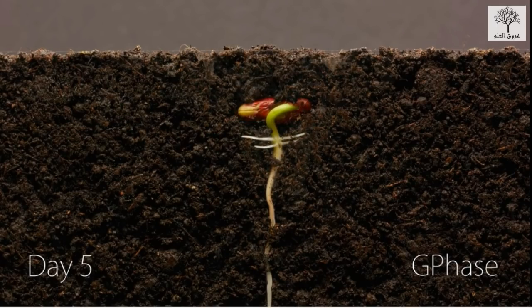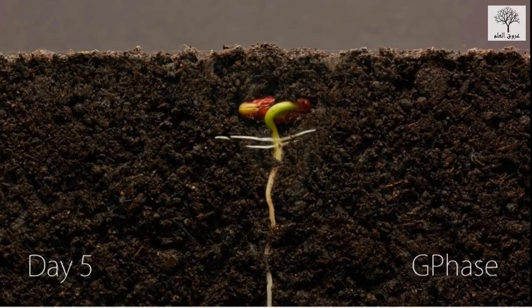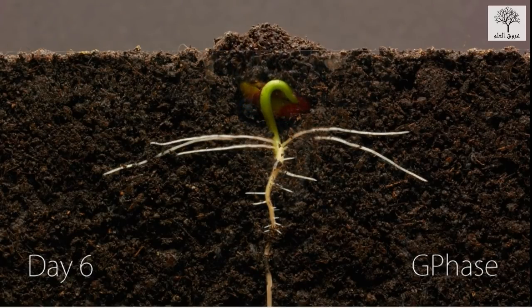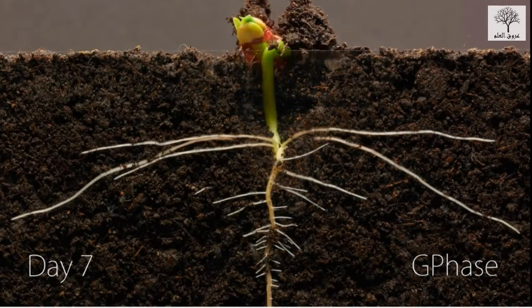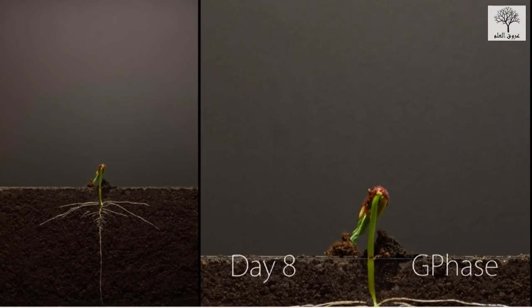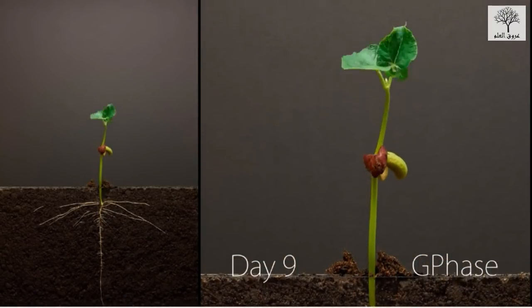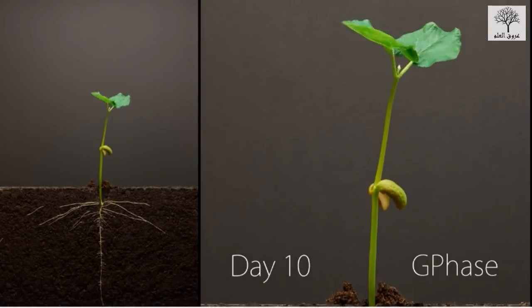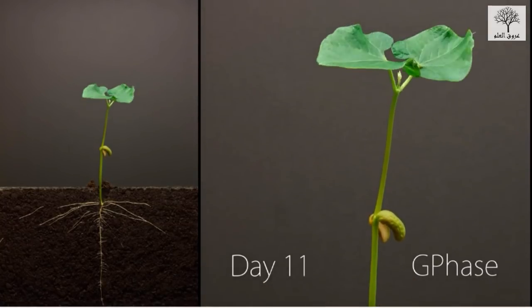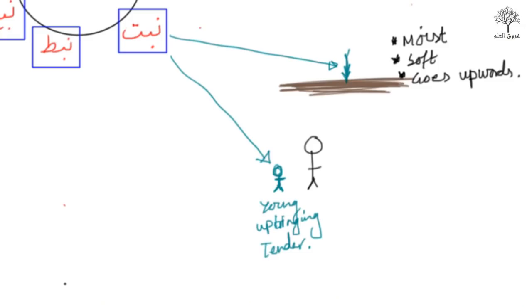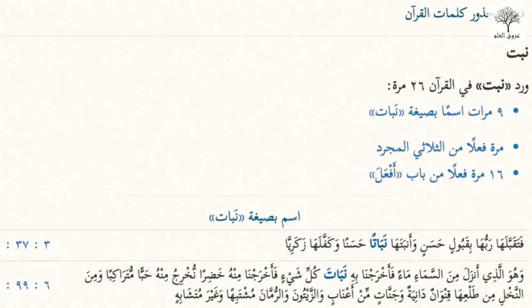So for example, look at this video. This is germination taking place, a seed growing, and the sapling will come out in a bit. As you can see, it's soft. It's breaking through, very firm, with a very moist color as well. It's growing, and then its branches and leaves are coming out as well. So there's this process of nabata taking place, going upwards. Okay, so that's basically that. Let's look at some examples in ayat.